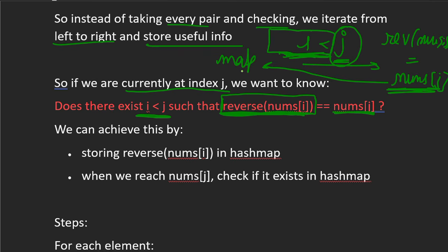If that value is present, that means there is an index i such that its reversed value is equal to our current value. Then we take the distance. So we store reverse of nums of i in the hash map, and when we reach nums of j, we check if it exists in the hash map or not.